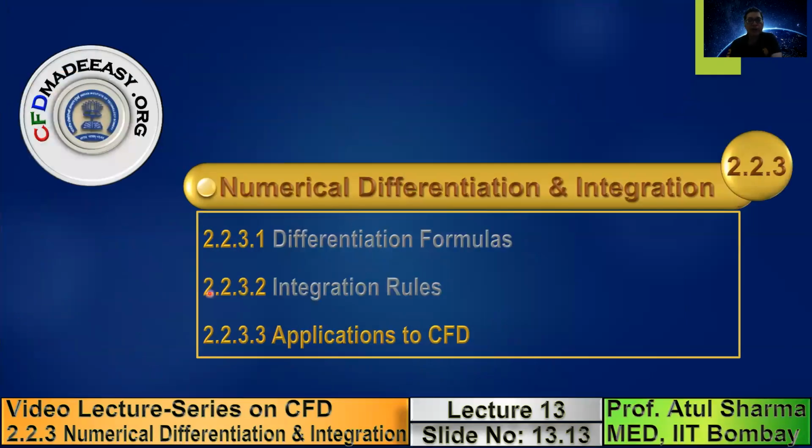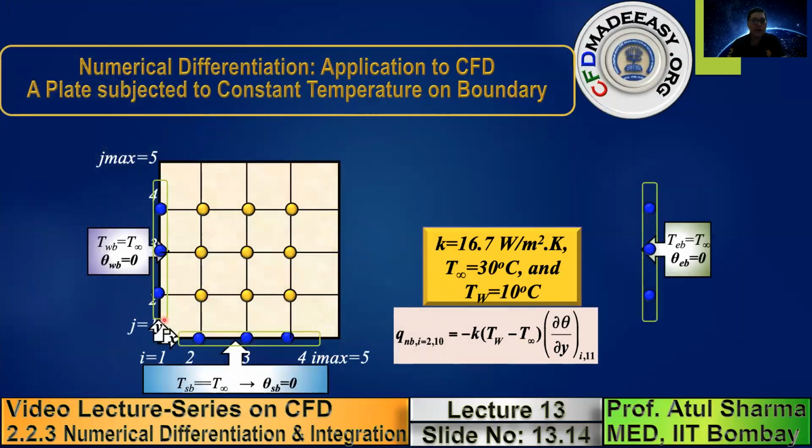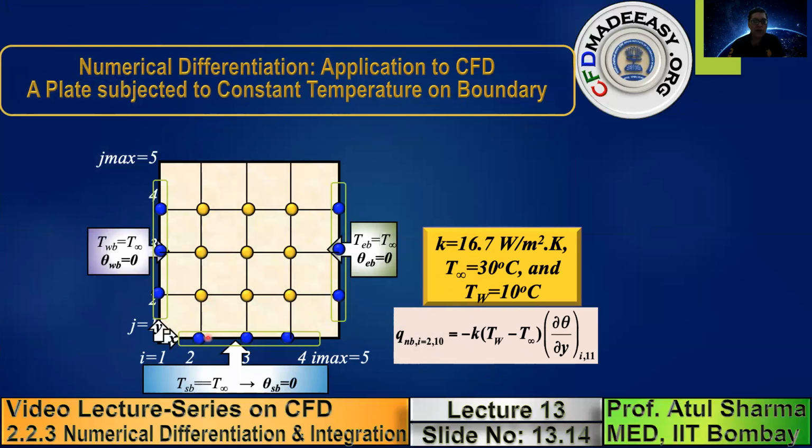Finally, I'll show you the application of this numerical differentiation and integration for the same problem for which we have obtained the numerical solution using iterative method in the previous lecture. In the previous lecture, we have taken this problem, which has an exact solution. The left wall, bottom wall, and right wall is maintained at an ambient temperature. The top wall is maintained at a different temperature, and we have defined a non-dimensional temperature theta,